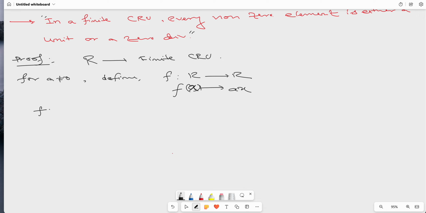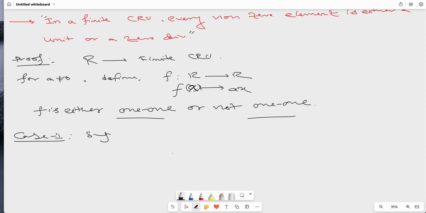So f is either 1-1 or not 1-1. So if you have a map, maybe it is 1-1 or maybe it is not 1-1. There are two choices. It may be 1-1, it may not be 1-1. So suppose f is not 1-1, case 1,